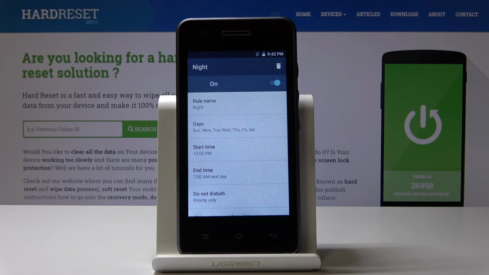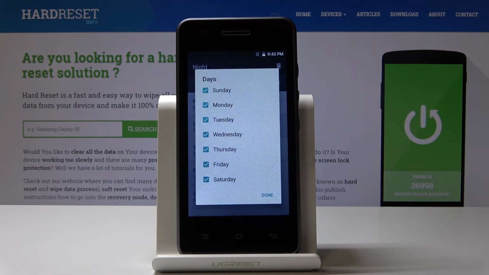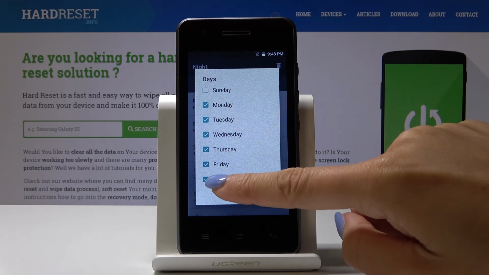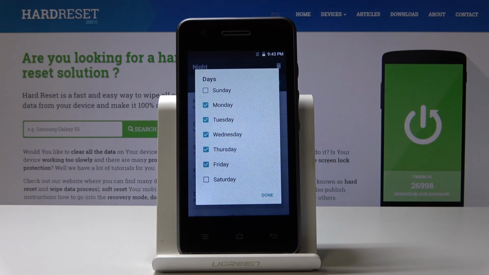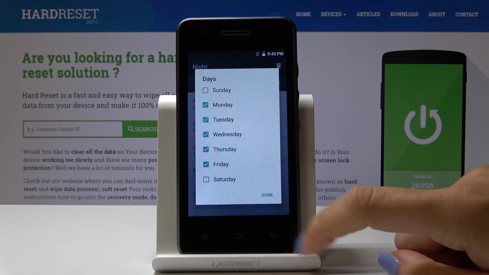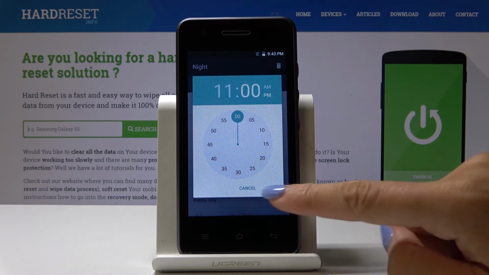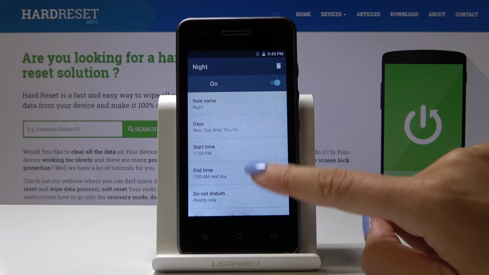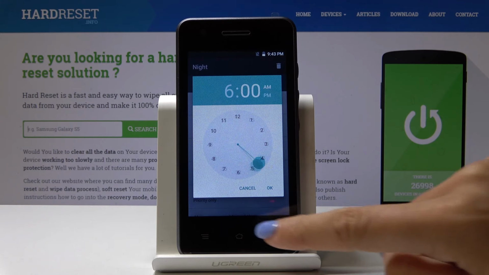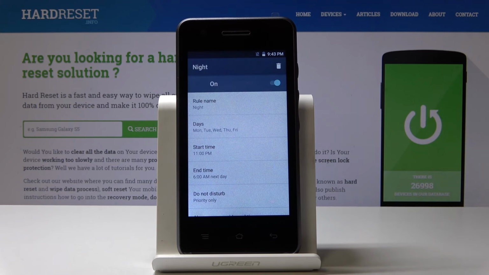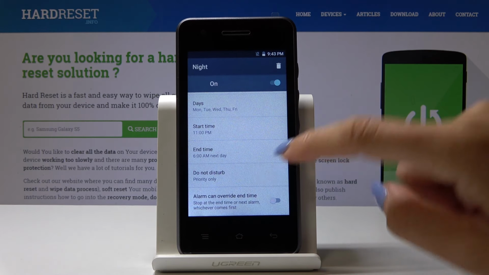So we've got the rule name. It's time to select the days on which it should be active. So let me switch off Sunday and Saturday, so it will be on Monday, Tuesday, Wednesday, Thursday and Friday. Click on done. Then let's pick the start hour, so it can be 11 p.m. and then the end hour can be at 6 a.m. next day. Then let's pick Do Not Disturb mode